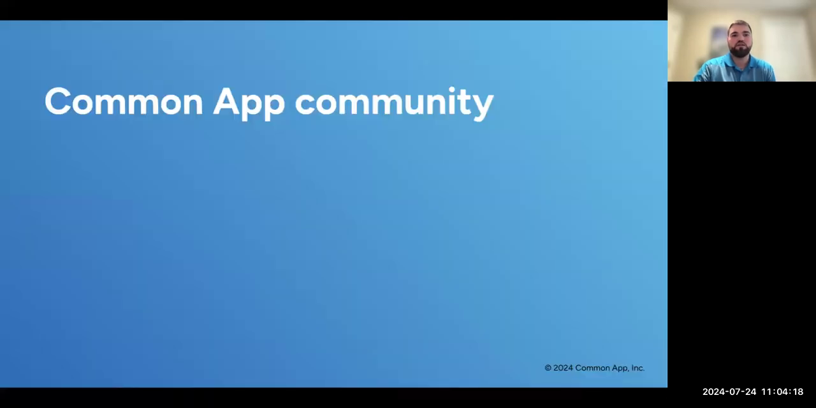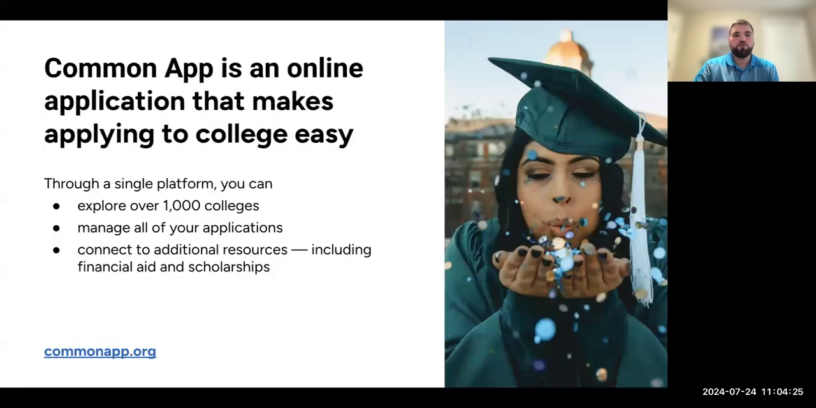All right, so we're going to dig into this. We'll spend about the next 30 minutes or so talking about all of this material, and then I'll open it up at the end. But going into the Common App community: